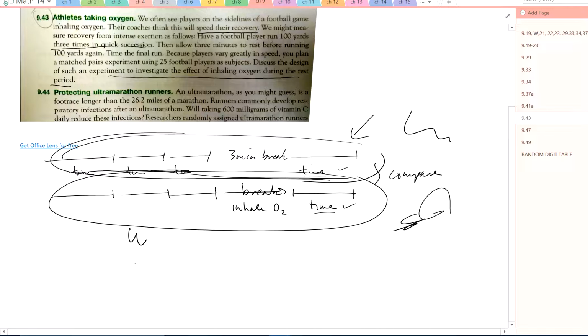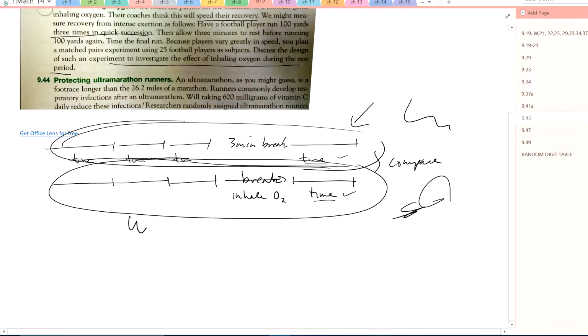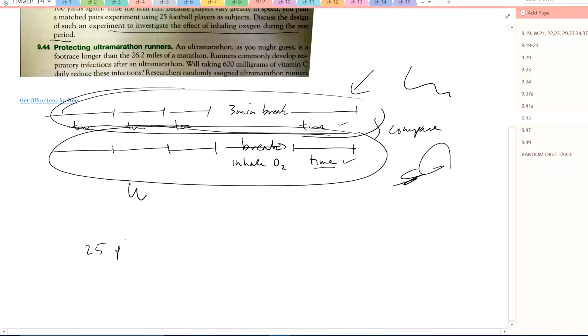Okay, so the way this will work is this. We'll take our 25 guys, and we're going to split them into two groups. One group is going to take the break without oxygen and then time. And the other one's going to do the break with oxygen, time,